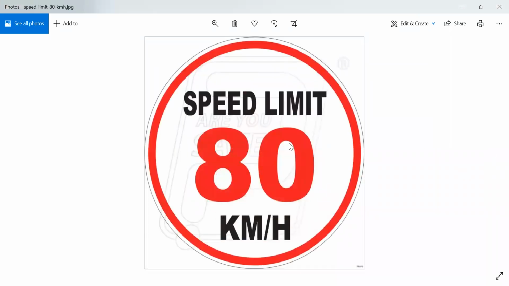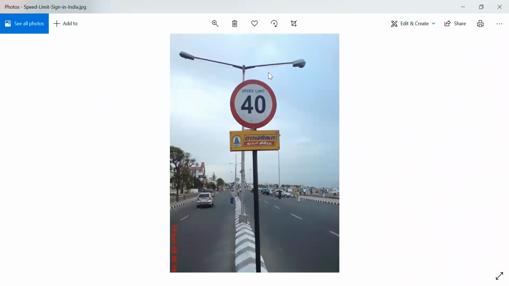In some cases on the highways, it's written that the speed limit is 80 kilometer per hour, isn't it? Such things we have seen when we are near school or hospital zones. So what exactly do these mean, and what do they indicate? It means that if we have a vehicle, a bus or a car, it should be moving with a speed of only 40 kilometer per hour,